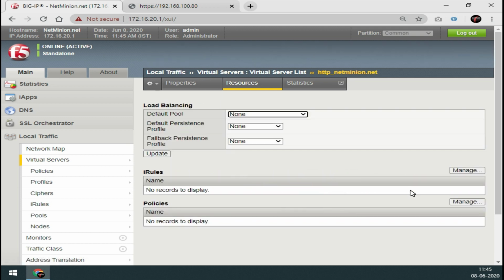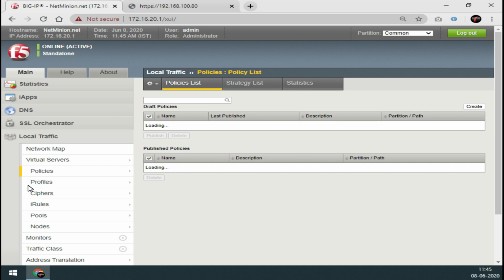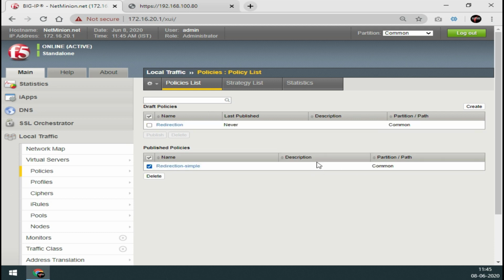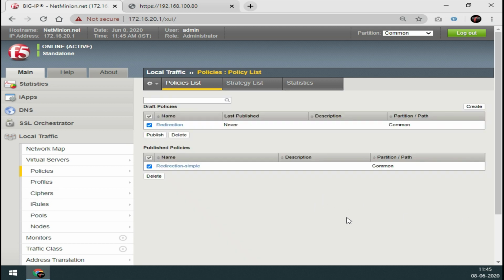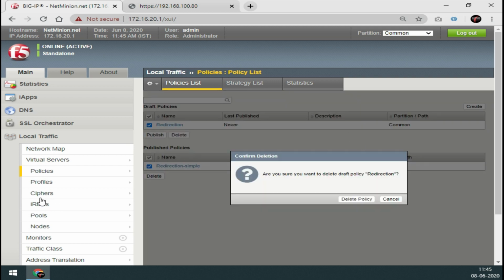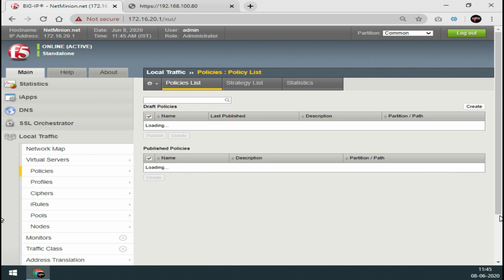What if I want to use policies for the same stuff? I can use policies in a very easy format, and here you go for the policy. You need not make such complete stuff. So let me delete this, and let me delete this also. Checking over the policies, whether there are any policies or not. Okay, you see the policy is not there. Let us create a policy together.